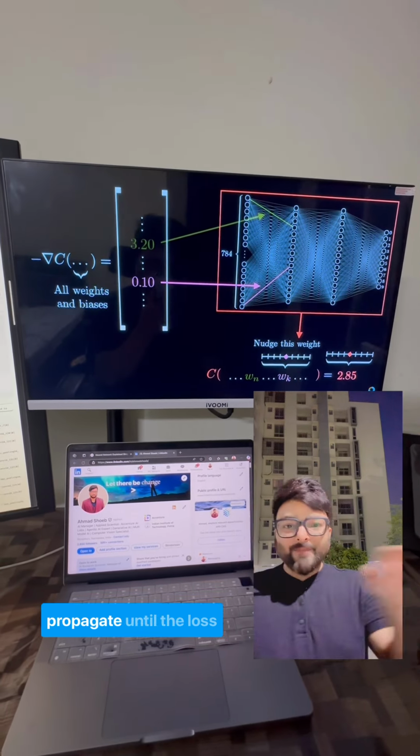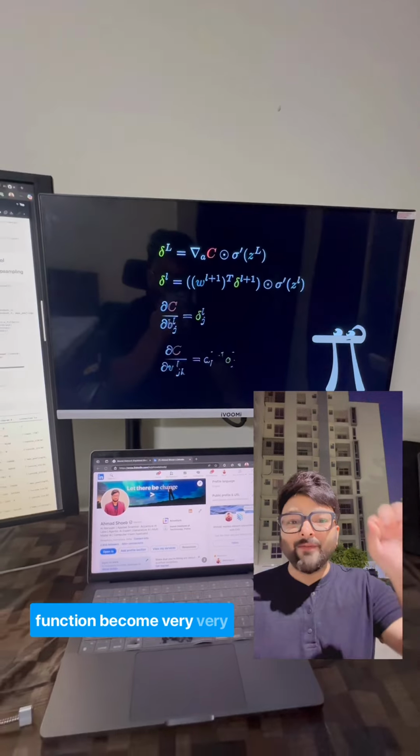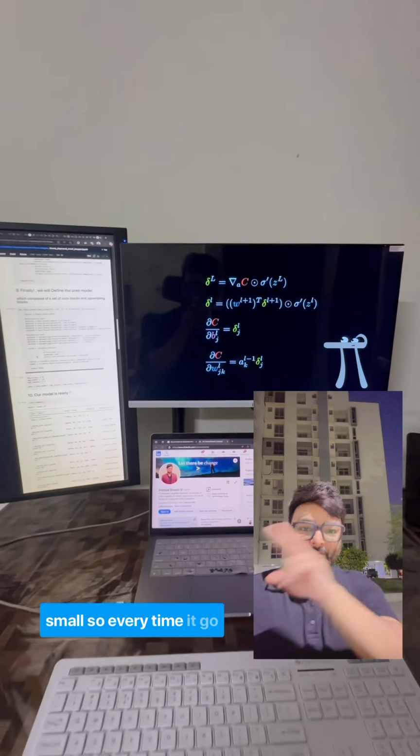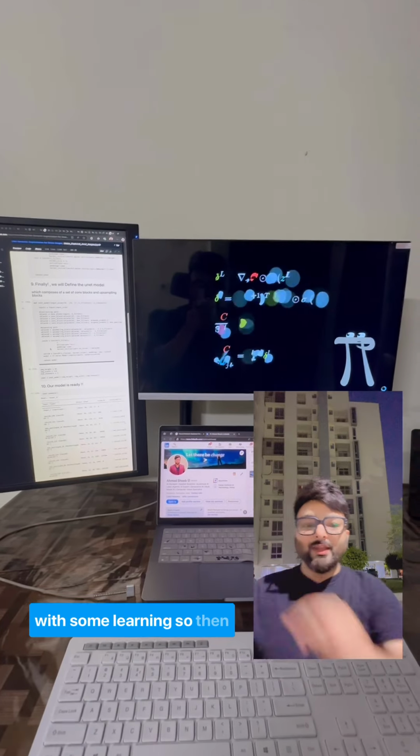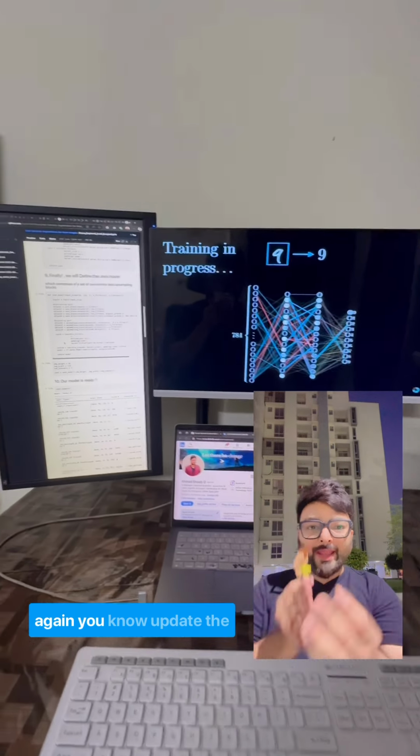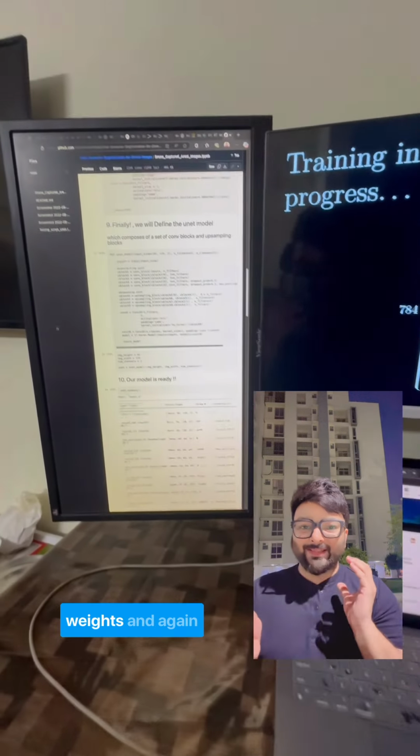So again it back propagates until the loss function becomes very small. Every time it goes through the neural network and back propagates with some learning, it then uses that learning to again update the weights, and again